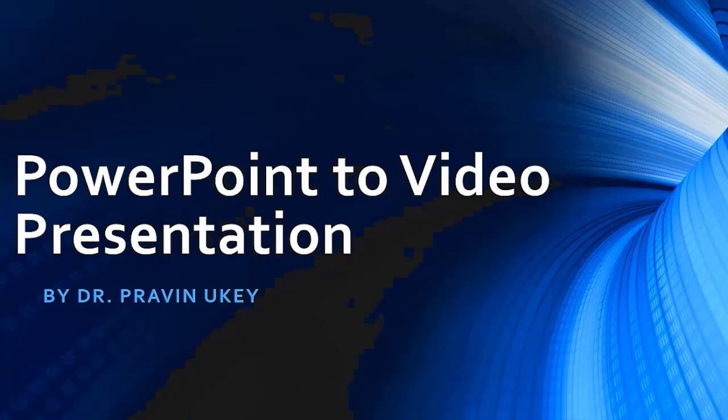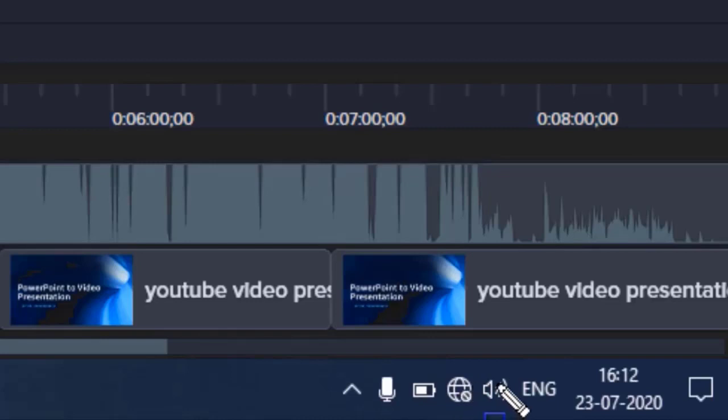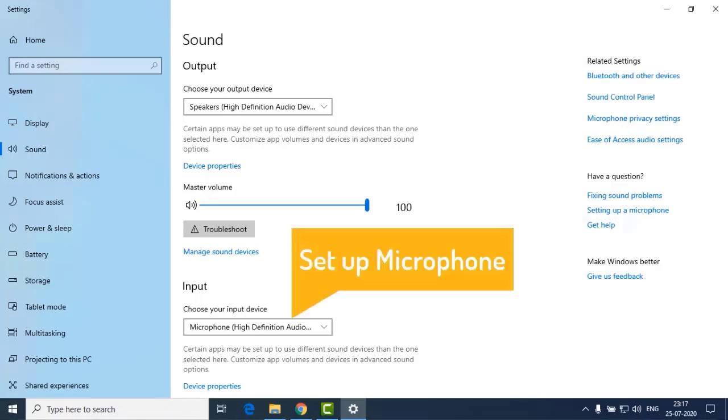go through the speaker icon here. Can you see here? This is a speaker icon. Right click on this, then go to the sound settings. In the sound settings, you need to go to the microphone, and with the microphone you need to select the input device for your microphone.